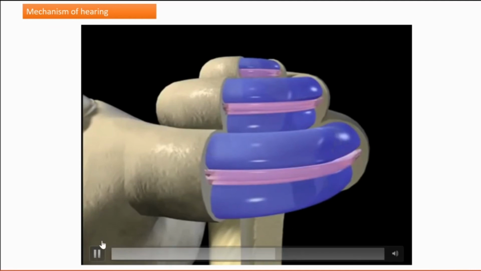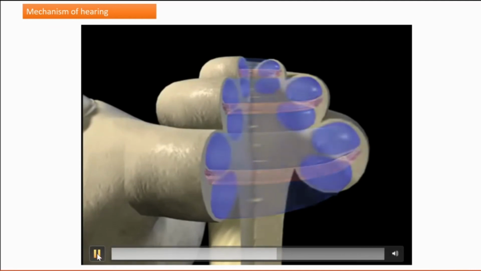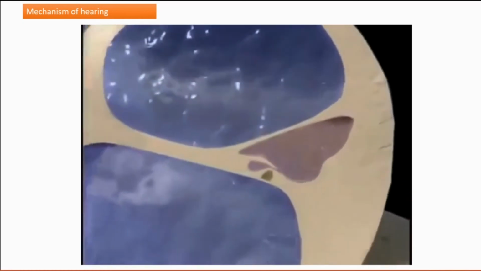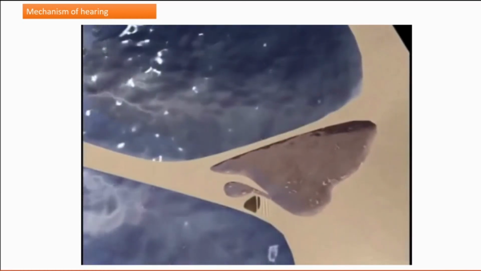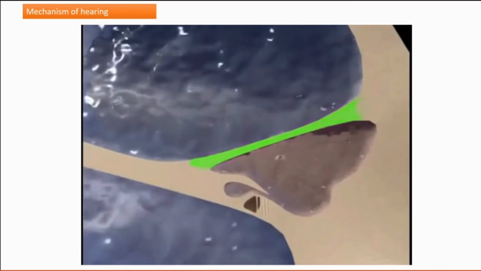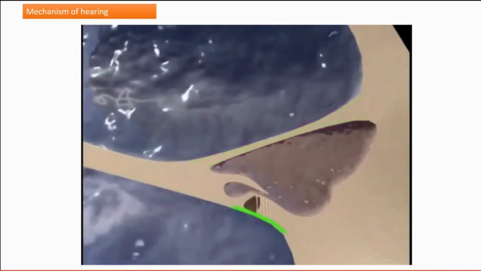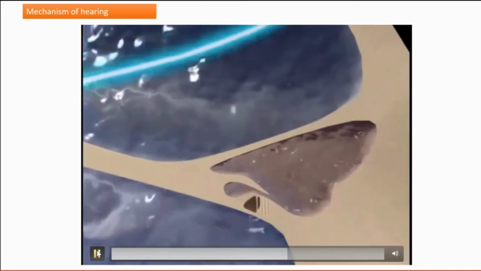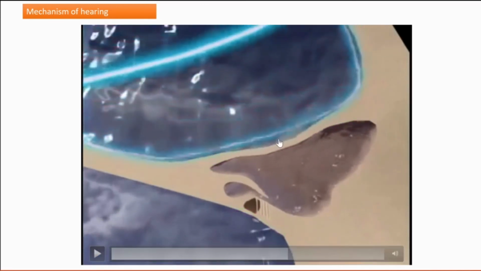The cochlear duct is filled with a fluid called endolymph, and when viewed in cross-section, the membranes separating the two fluid-filled systems are visible. They are Reissner's membrane and the basilar membrane. The membranes are flexible and move in response to the vibrations. Here we can very clearly see this is the vestibular membrane, and this is the basilar membrane. This is the organ of Corti here.